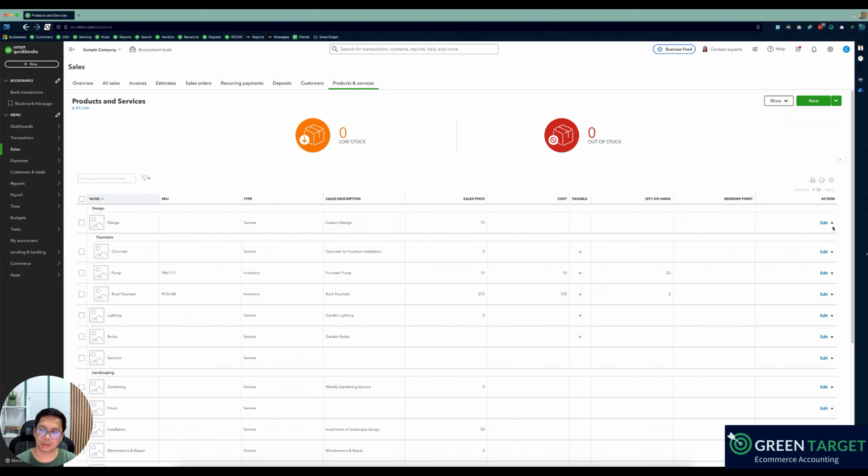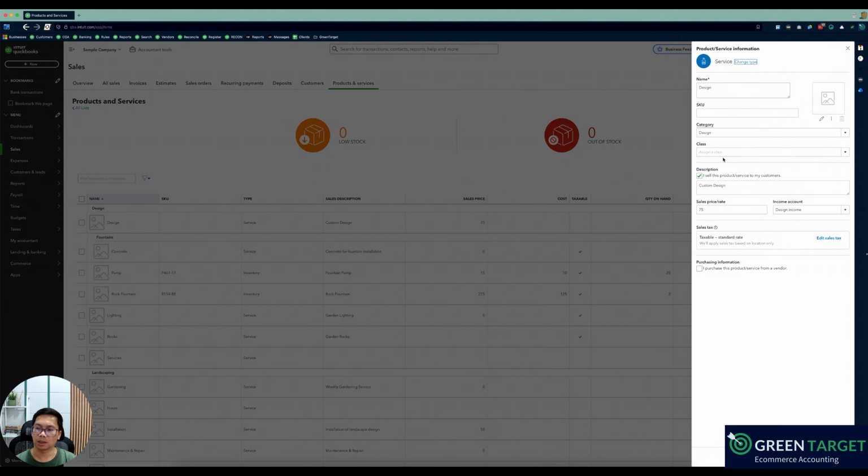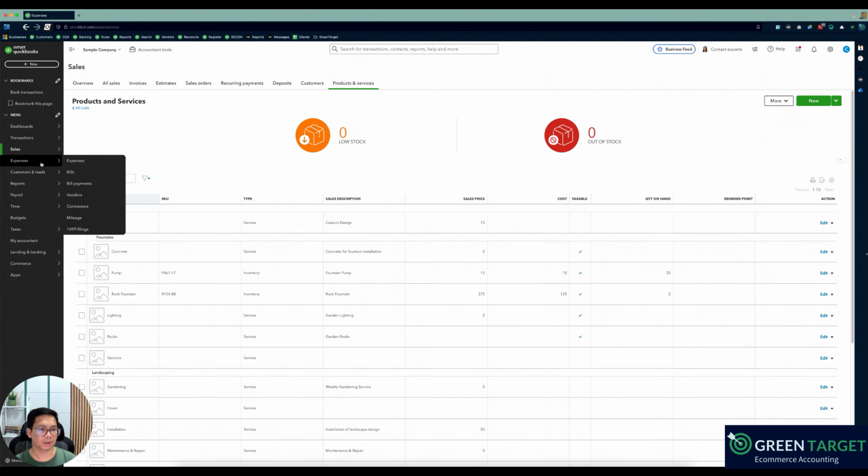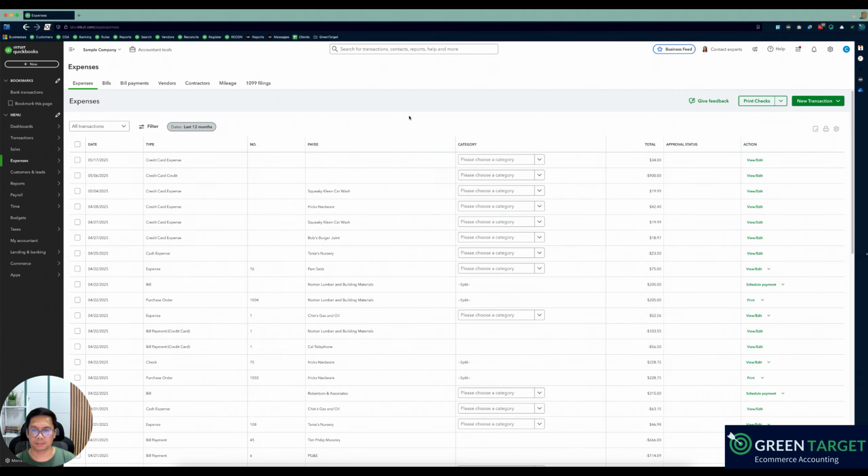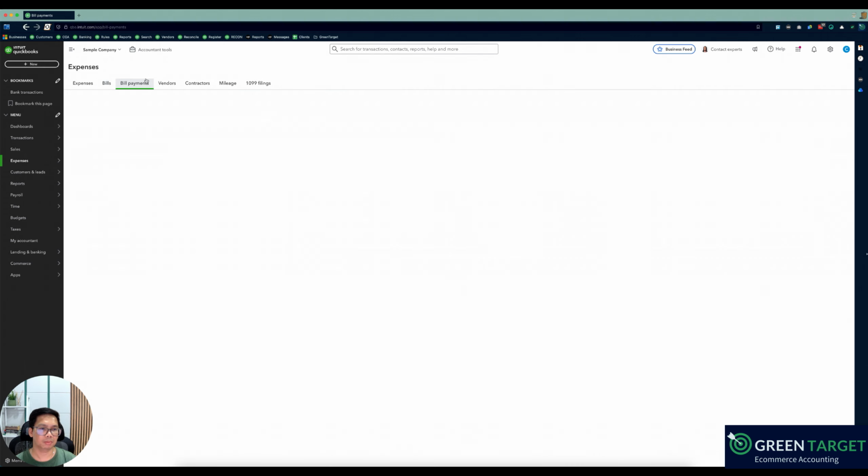So products and services, if you are creating products for invoicing purposes, then you will do it here. So for products, you can edit the name, the category, the class, and the income account you want to link on the product. So after the sales, you can find your expenses here and all expenses, bills, payments, and